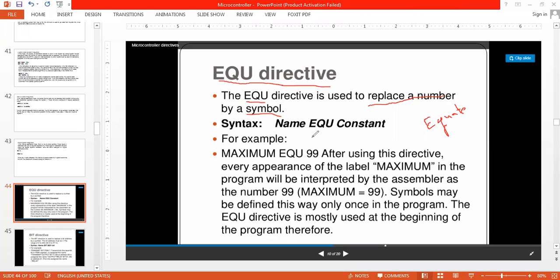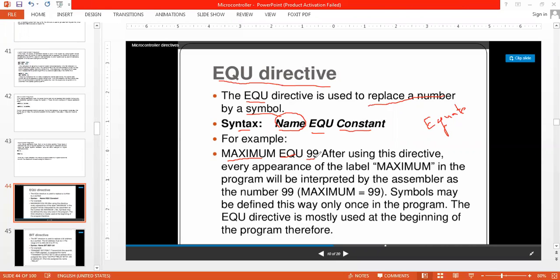Okay, so the syntax for that is, first we should write the label, then we should write the EQU, and then a constant number, whatever number we want to assign to this name. Say for an example, here it is given: maximum EQU 99.